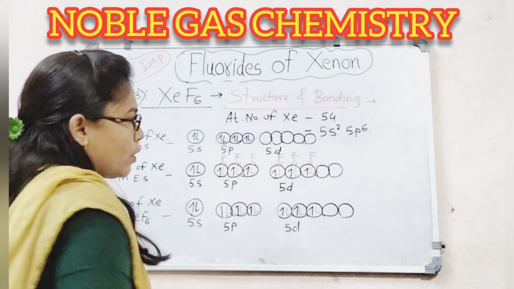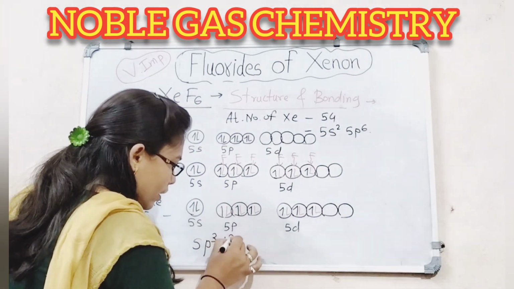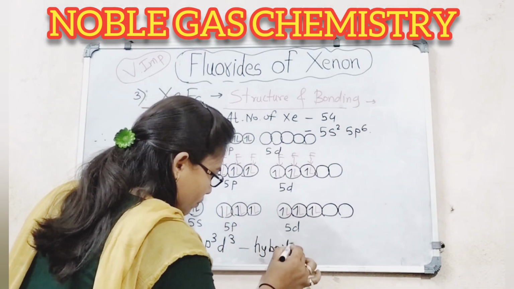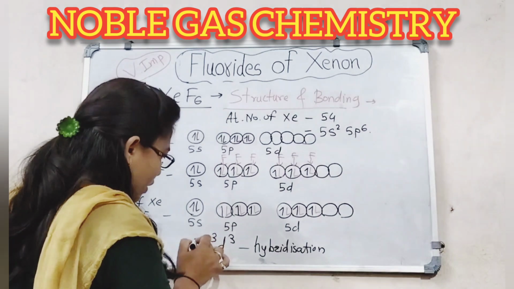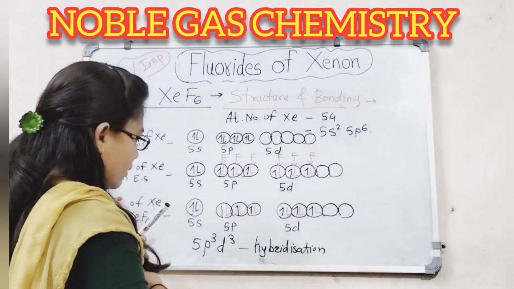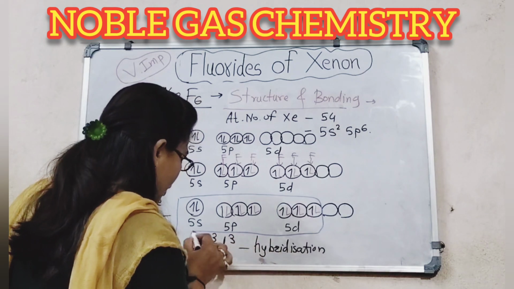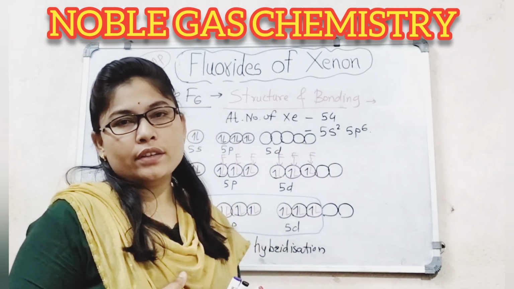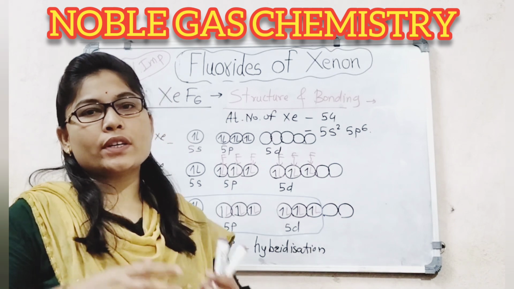When we see the hybridization of xenon hexafluoride, we see sp3d3 type of hybridization, because it involves 1 s orbital, 3 p orbitals and 3 d orbitals. So that's why the hybridization is sp3d3 type. In the formation of xenon hexafluoride, sp3d3 hybridization is involved, so the possible geometry should be